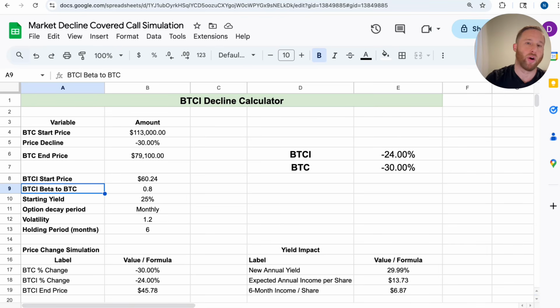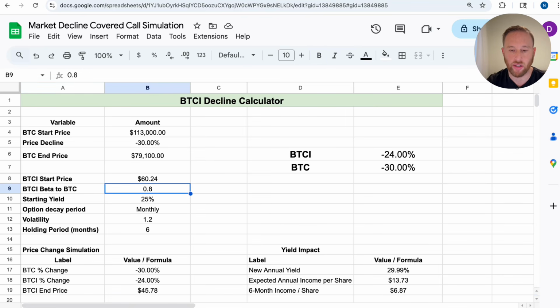Why is that? Well, because of the income that BTCI provides, it does cushion the blow a bit and adjust the correlation between BTC and BTCI, and as a result, we get to 80%. So just respect that 80% is the correlation. And again, you can comment below if you analyze this differently, but 80% is the correlation